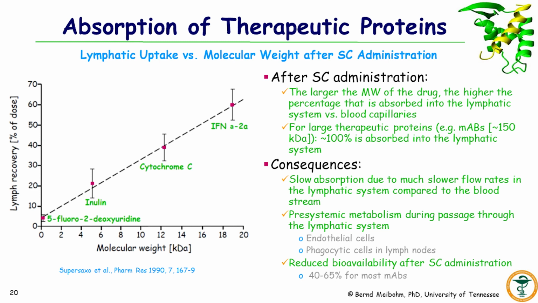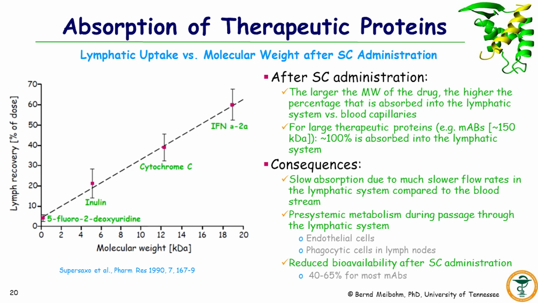So what are the consequences of that? The first one is that you have slow absorption due to the much slower flow rates in the lymphatic system compared to the bloodstream. The second one is that you have substantial pre-systemic metabolism due to this long residence time in the lymphatic system. Since the transport is that slow,